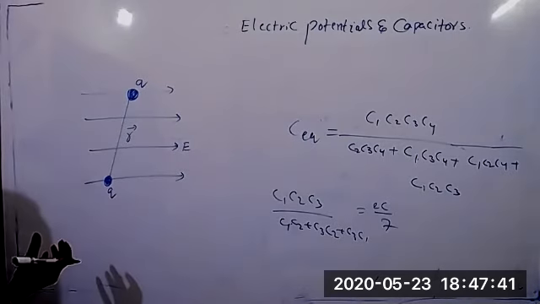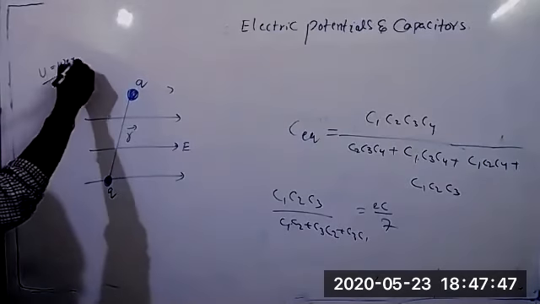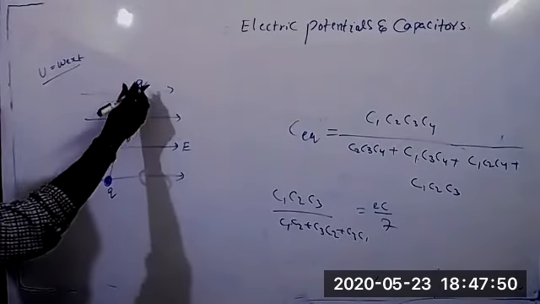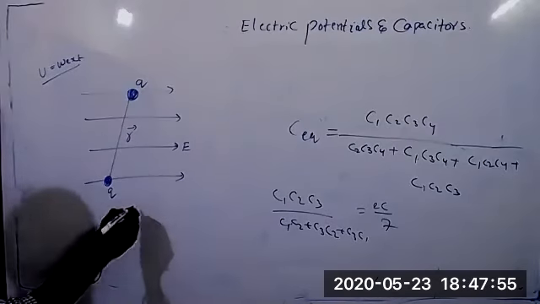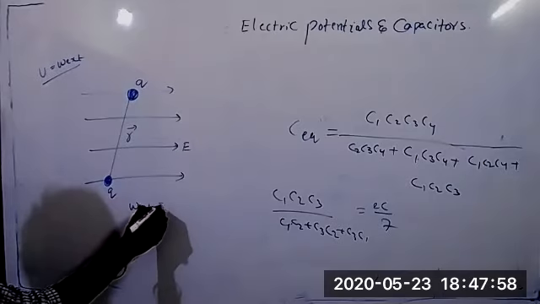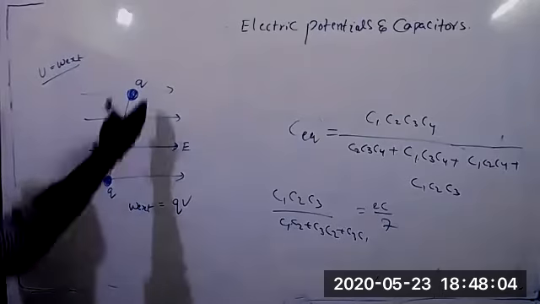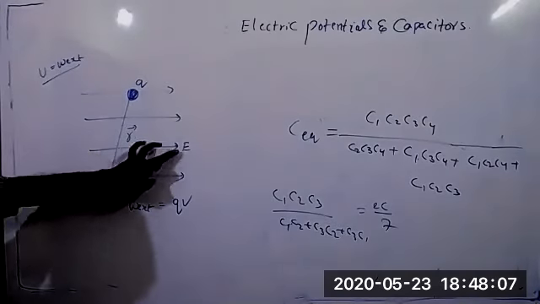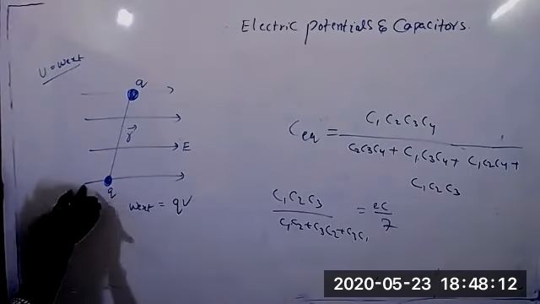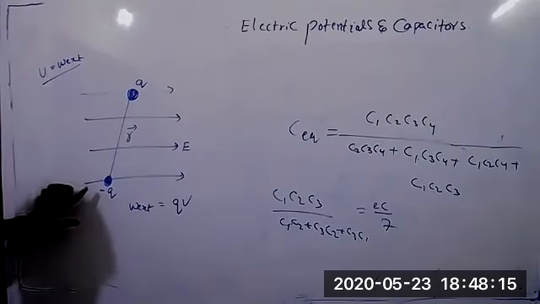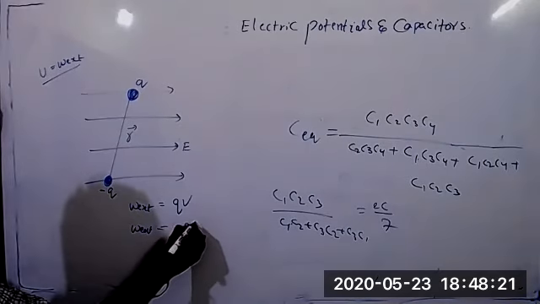If you want to calculate potential energy, first we have to calculate work, because U equals work done by the external force. Now, one charge you have placed in the electric field. When you place a charge in the electric field, work done by external equals QV. Did you remember this formula? Yes, sir. Charge and potential are already there because the electric field is there. When an electric field is there, potential will already be there. In this direction it is minus, right? One is plus and one is minus. Work done by the external equals minus QV.